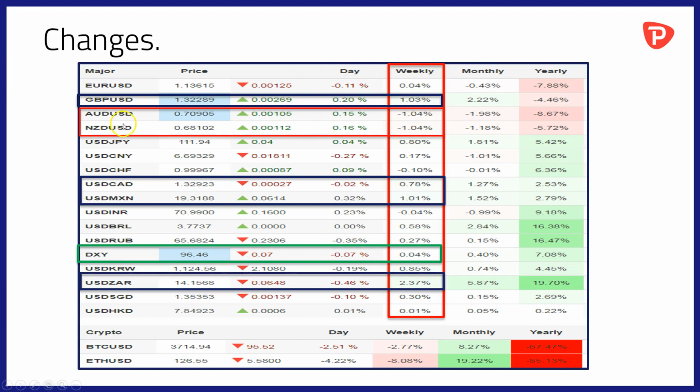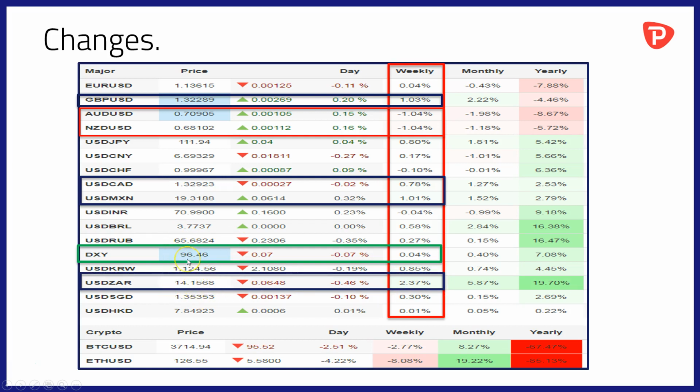And speaking of drifting lower, that's what we saw from both the Australian and New Zealand dollars over the course of the last week, both giving back just over 1% against the US currency. The US dollar was also on the front foot against near neighbours Canada and Mexico, taking 0.78% off of the Canadian dollar and clawing back just over 1% against the Mexican peso. The bigger gains for the week, though, were seen in the dollar against the rand, where the dollar took 2.37% off of the South African currency, and the rand trading back above 14 now to the dollar.